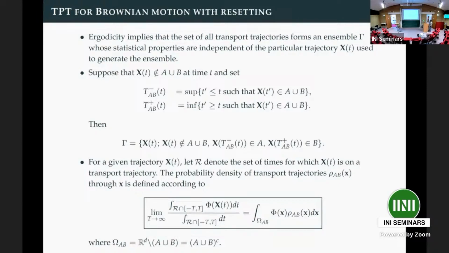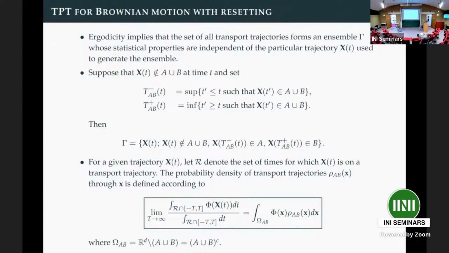Then I define the following object. It's better if I look at my screen. So gamma is the set of all points at time t such that they don't lie in A and B, and x